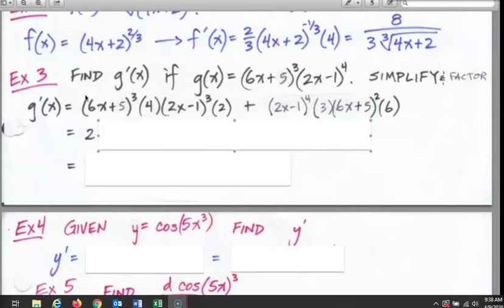But now look at, see how there's a 6x plus 5 in this term and a 6x plus 5 in this term? What's the least power for that expression? Well, this is the second, and that's to the 3rd. So we need to factor out for that and for the 2x minus 1. What's the least power there? It's to the 3rd. So we will pull out a 6x plus 5 raised to the least power, which is 2. And now we're going to pull out the 2x minus 1 raised to the least power here, which is 3. And now we're going to write a bracket here and ask ourselves, inside this bracket here, we will have